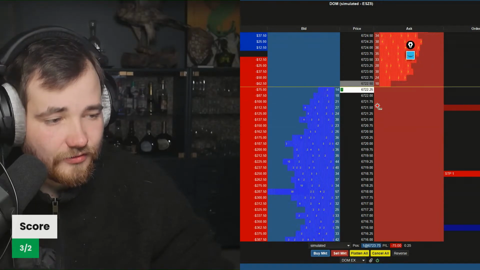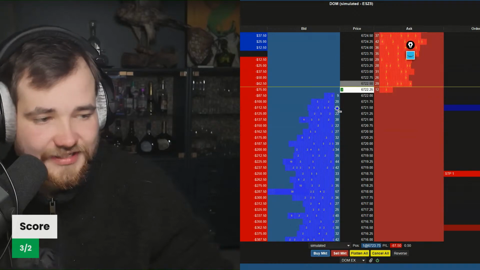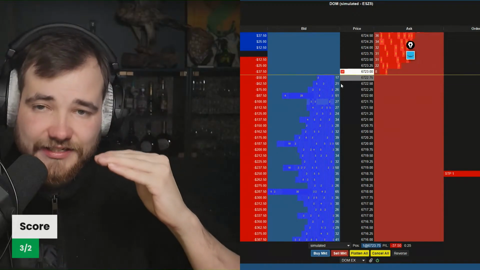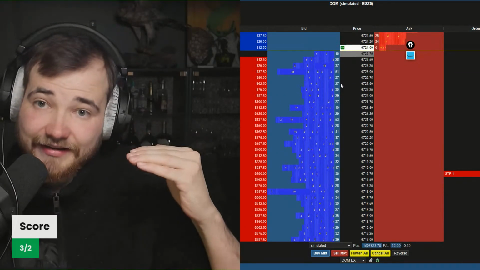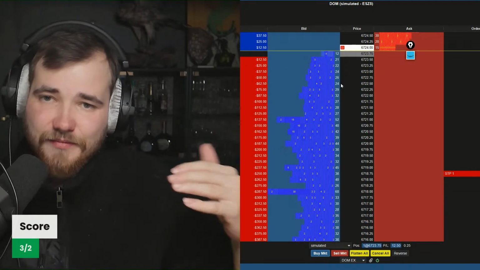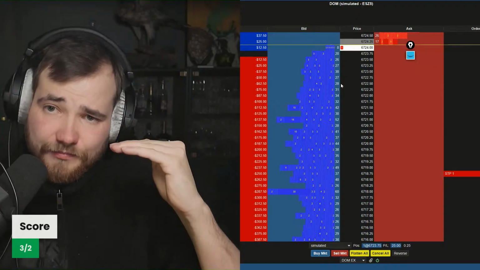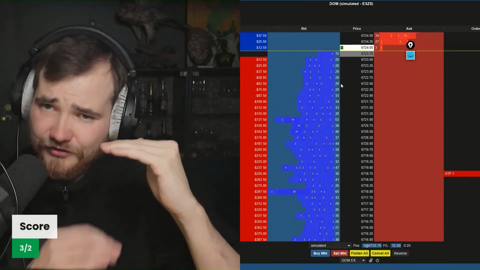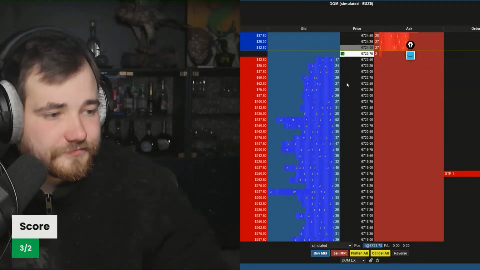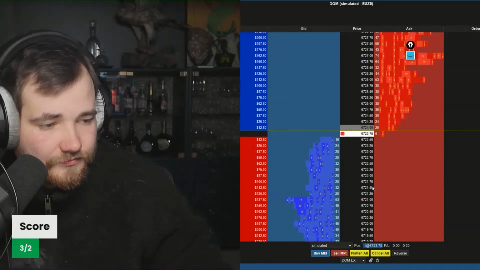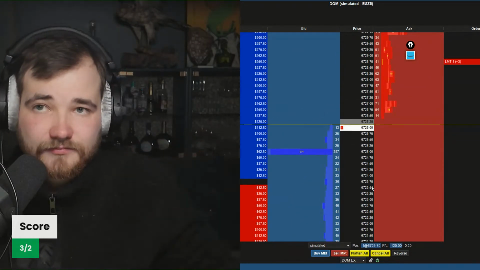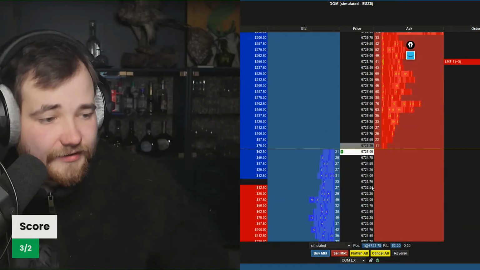Sellers pushed. Are they now catching this move? Buyers pushed. You can see the fast pushes are what you're looking for. A fast push, and once it comes back to the same level where the push happened and it's defended, usually that's a good sign. And that's how I look for my entries on the DOM. You see the fast push back to where the push came from, and if that level is defended again, you can see it's hitting and hitting and hitting and nothing happens. Usually that means a great entry. But it's a very micro niche thing, right? Well, we'll see now if it wants to go there.